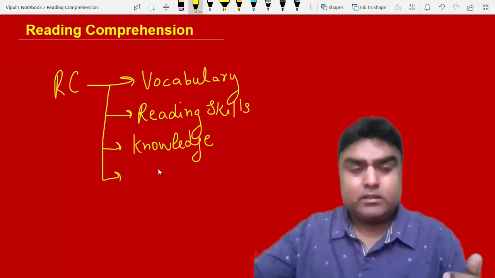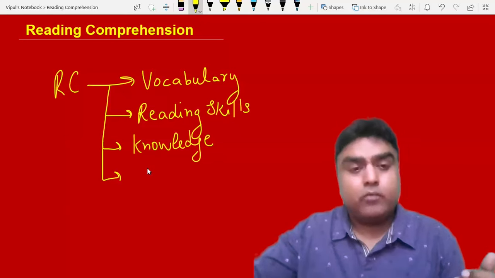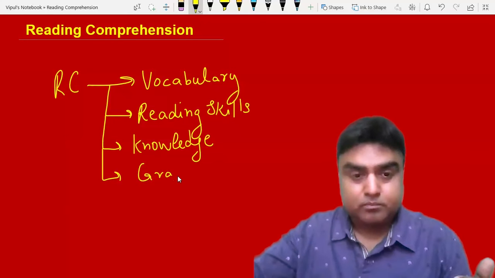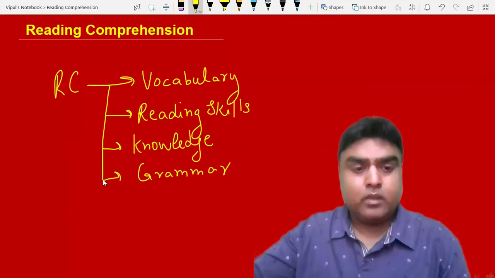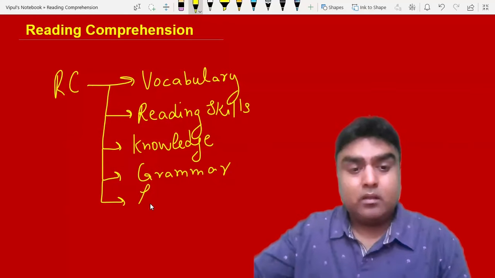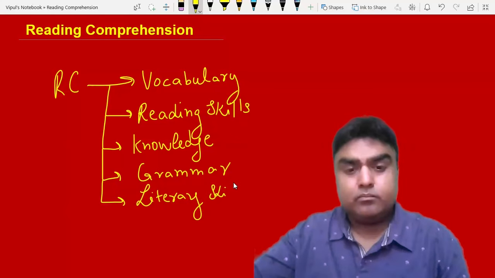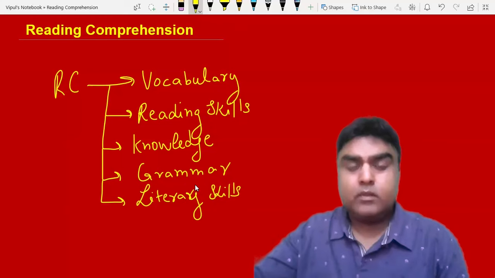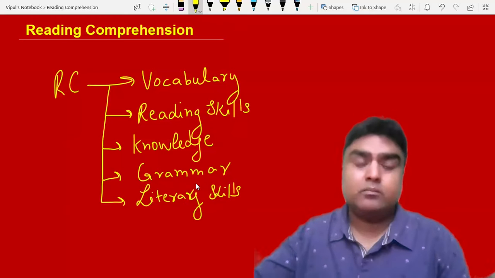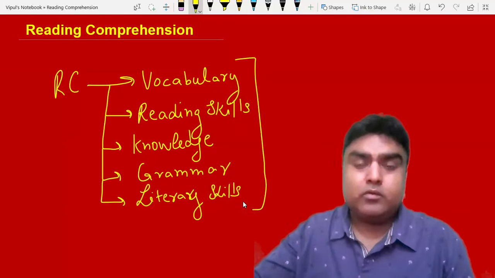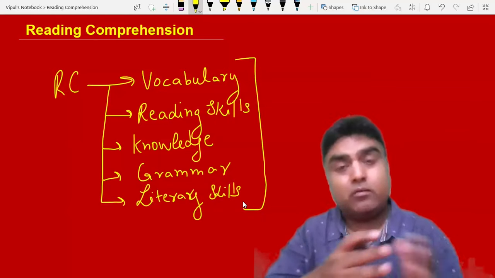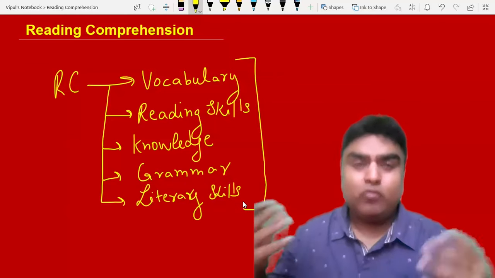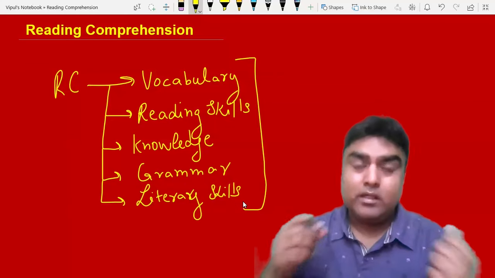Now, what are the next words? Let's say we are talking about grammar. Do we learn grammar? Yes, we do. Now the next thing would be, क्या हम literary skills सीखते हैं? Yes, we do learn literary skills. Now these are the words which we usually associate with reading comprehension. School और college times में हमने हर class में पढ़ा है, so obviously we are hardwired to see reading comprehension